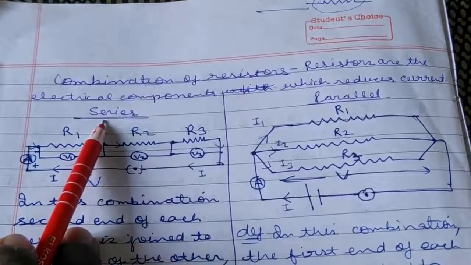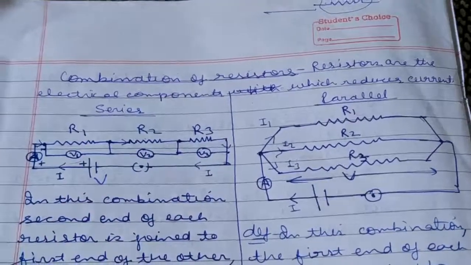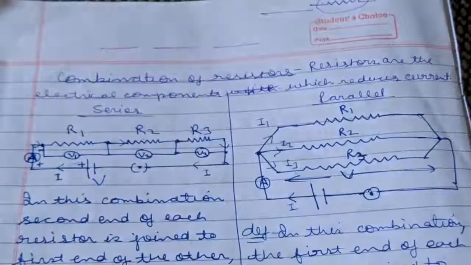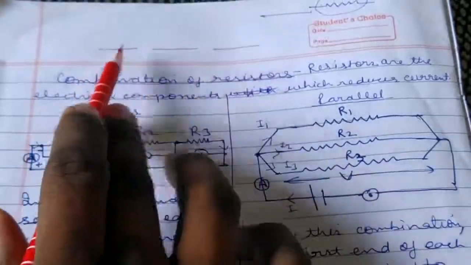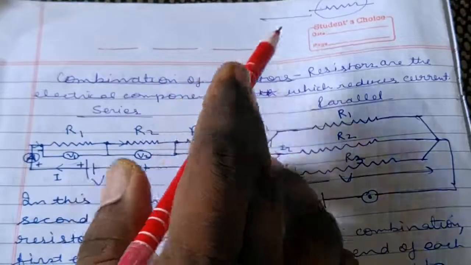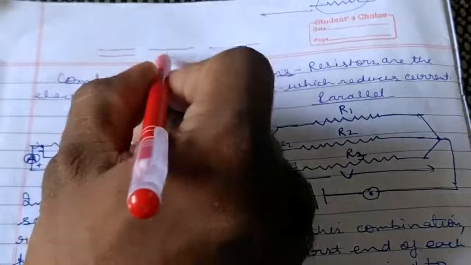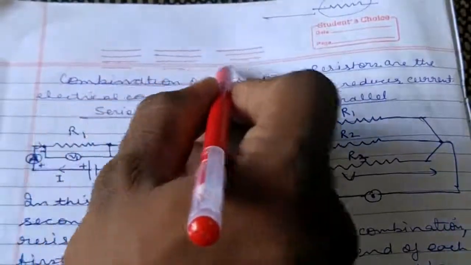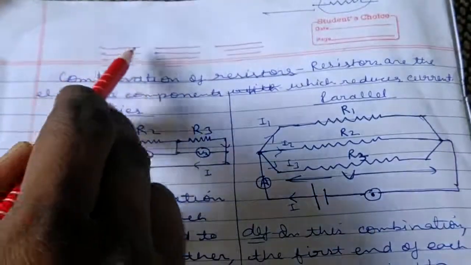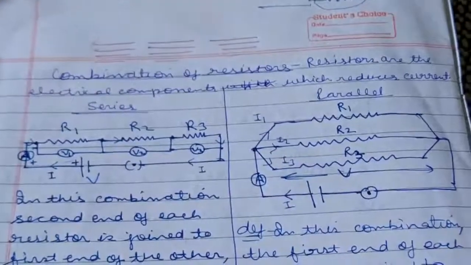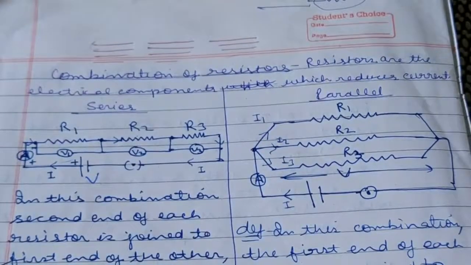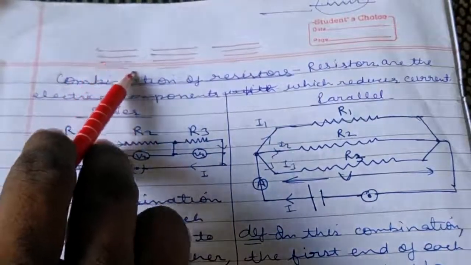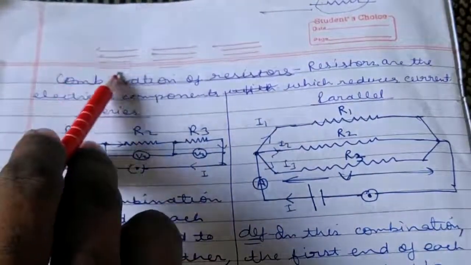In series combination, as you have seen in your class, the seats are arranged in this way. This type of arrangement is series combination, and behind this there are a few other rows in the same manner. So this type of combination is parallel combination. In parallel combination you know that the distances between them are the same. So you can see that these seats are equally distributed, meaning these are in parallel combination.